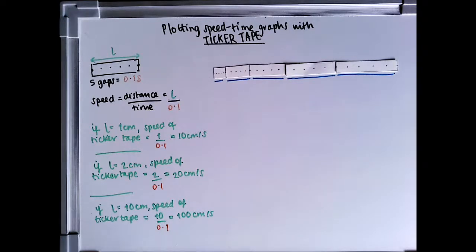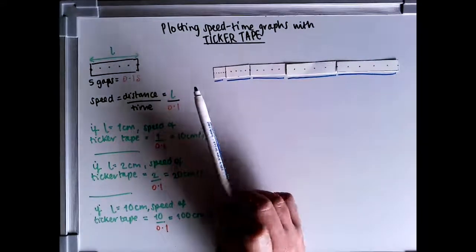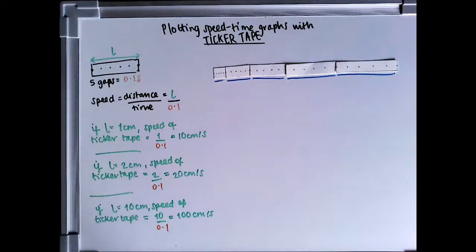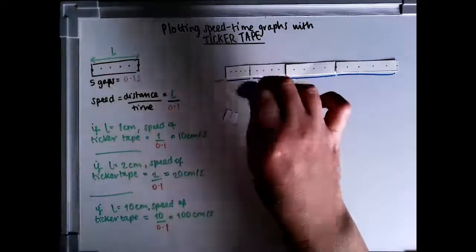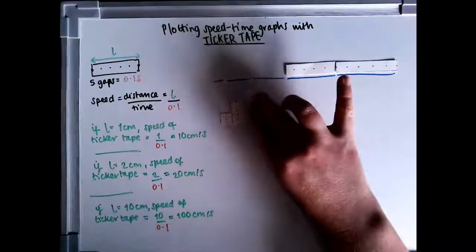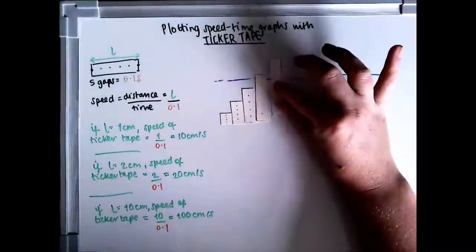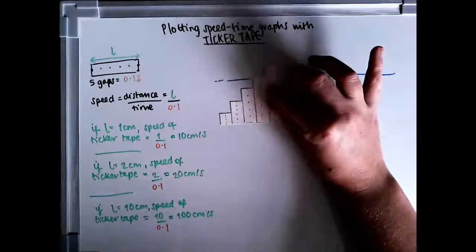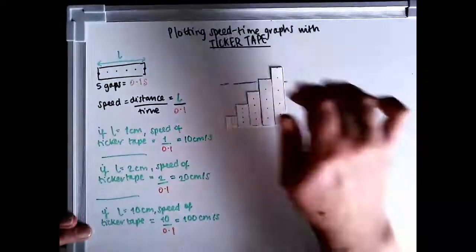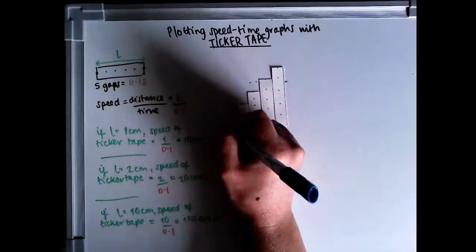So what we can do is we can measure the length of a piece of ticker tape that has 5 gaps, and I can work out the speed of that tape. Okay. What I can then do is I can take the pieces, if I cut them, and I can arrange them in a bar graph, like so. Okay, so let me just get rid of my markings. Okay. Now I know